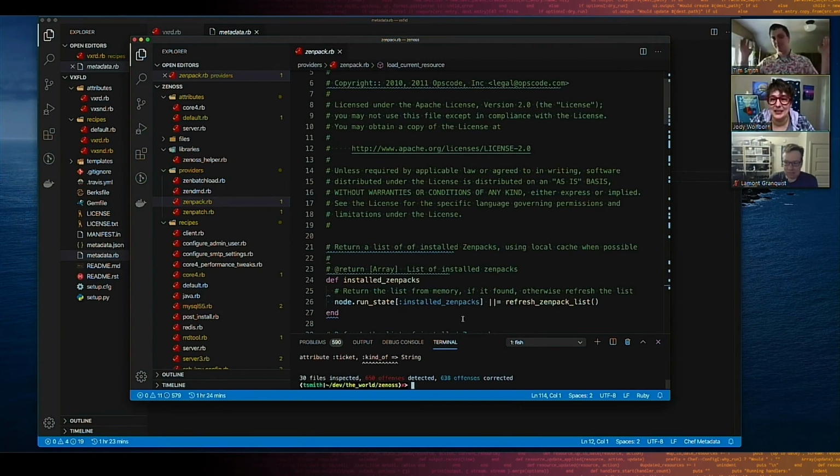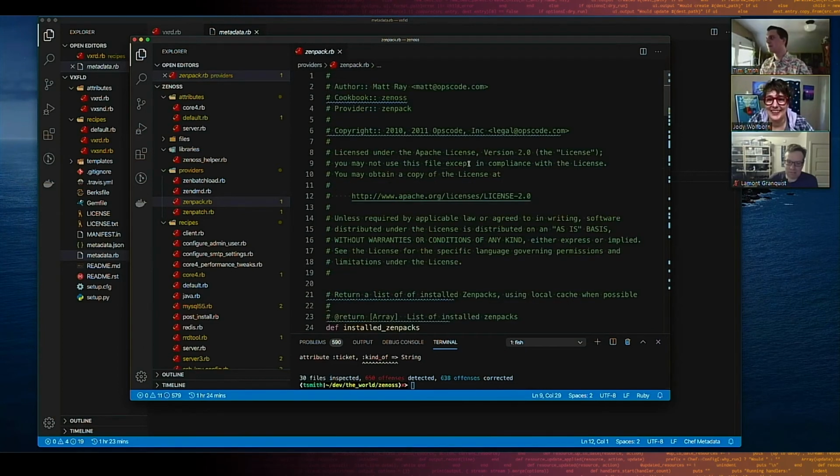It's especially valuable in my opinion for newer Chef users who don't necessarily know all of these deprecations, what they mean and why they've been deprecated from one version to the next.